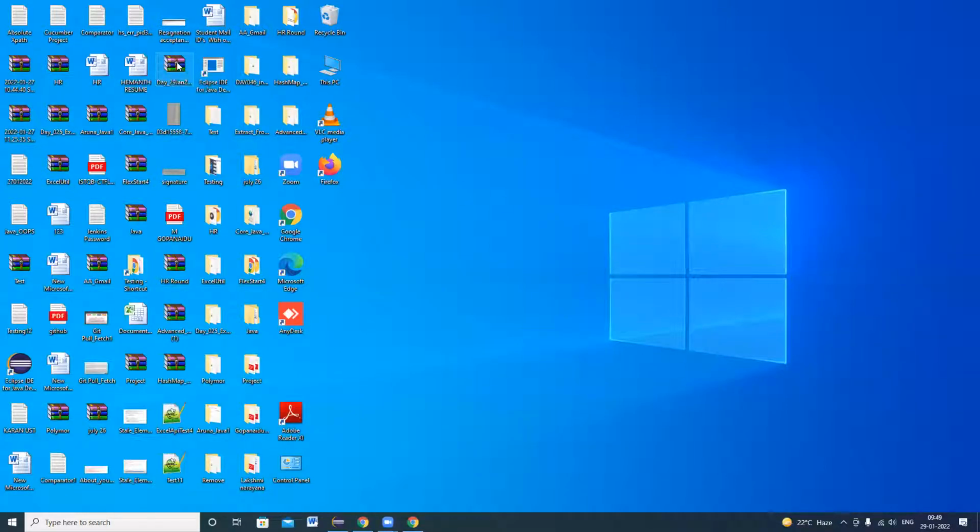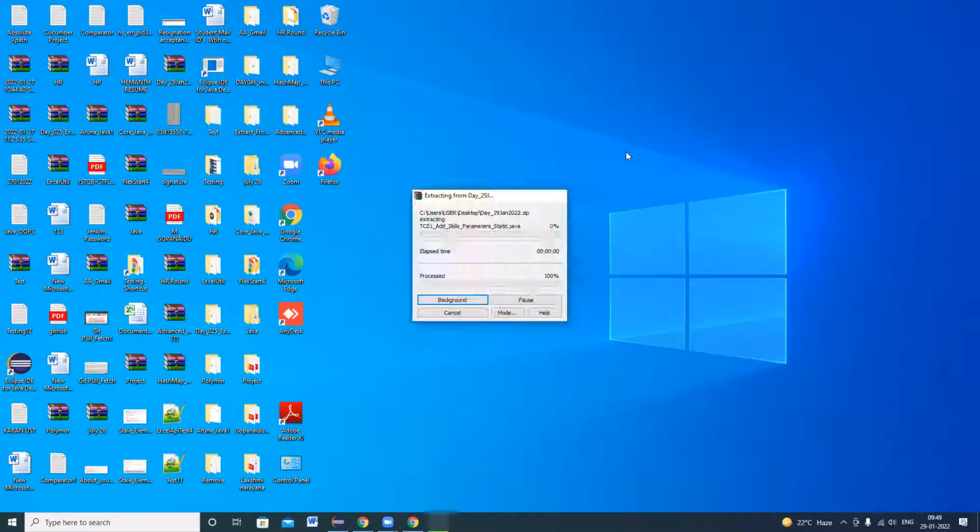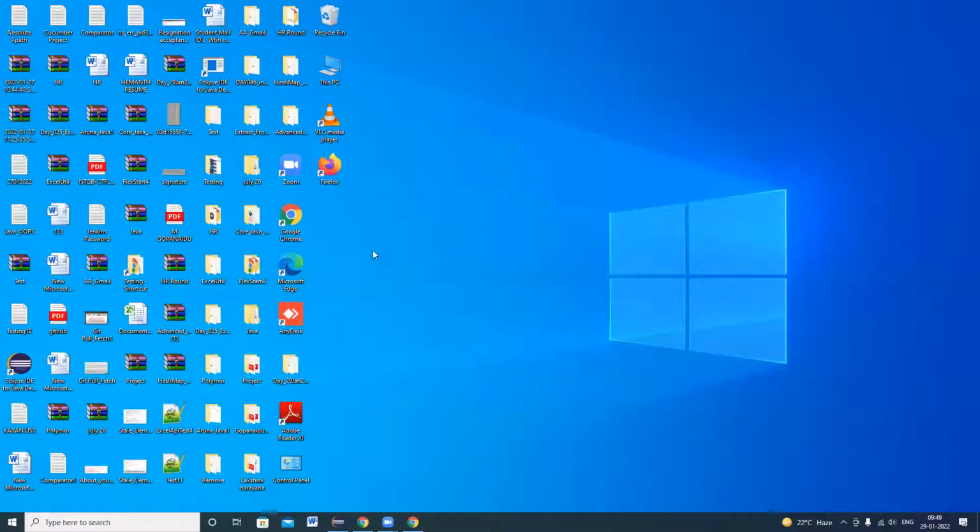So once you download this zip file, right click and do extract here. Right. So the folder got extracted and we are able to see this one.